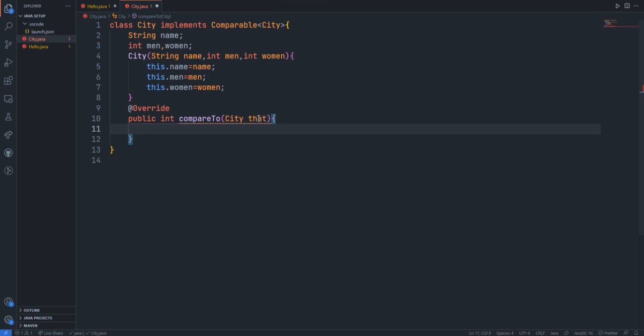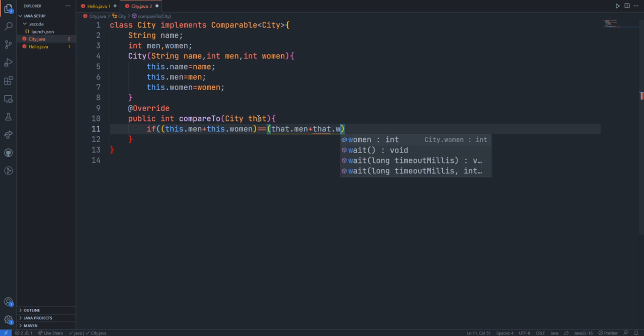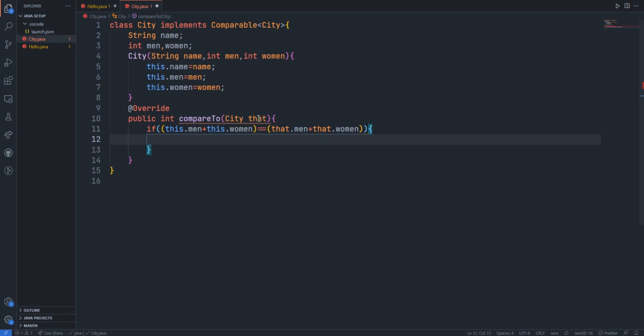If this.men plus this.woman count is the same as the passed object's that.men plus that.woman, we need to check if this.men count equals that.woman count.